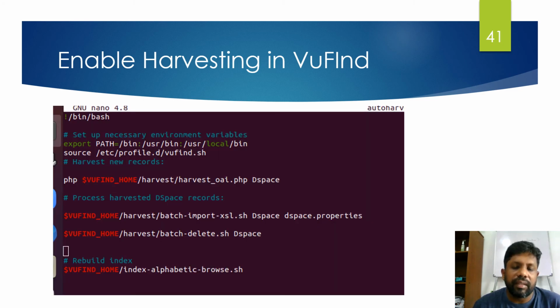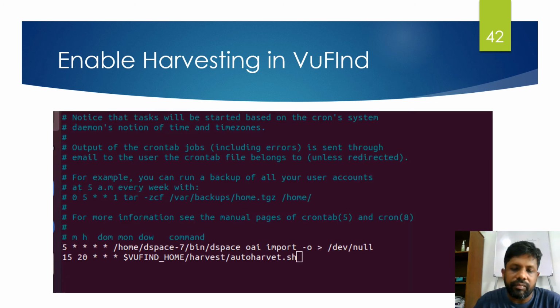Here in the screenshot is given the script, which runs under the harvest folder. There's no need to run it each and every time in VuFind. If you set up a script like this, the harvesting from DSpace and indexing into VuFind happen automatically through this script. For that purpose, I can add another cron job for VuFind harvesting and indexing. There you can mention the time period, each day, week or month.